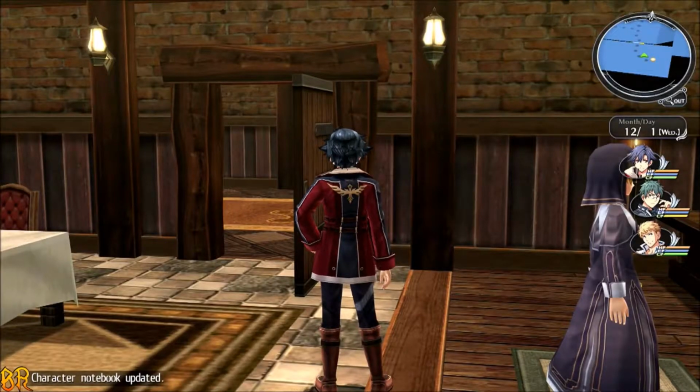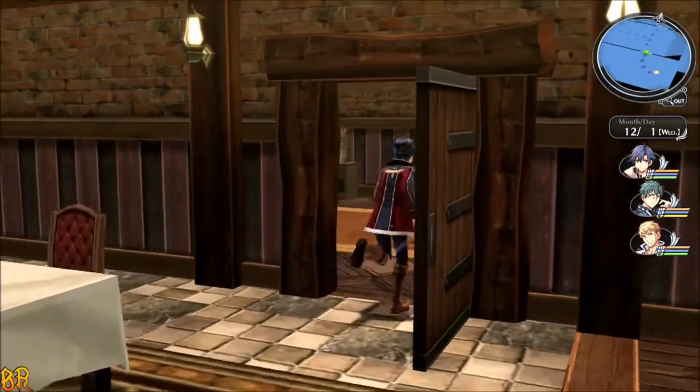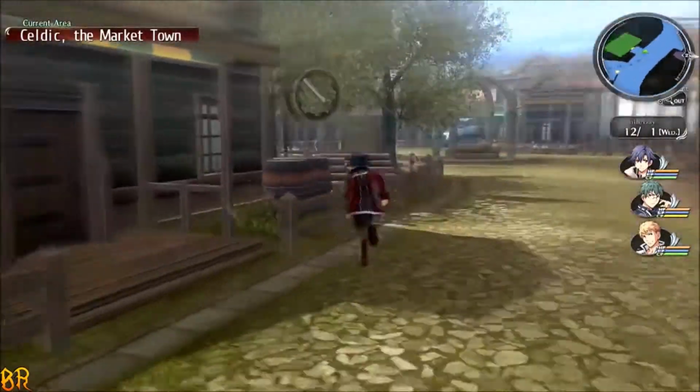And we also get an update to her character notebook. And now, let's go with the quests. So the first one that I'm going to do is the non-mandatory one, because if I remember correctly, as soon as you finish the mandatory one, the story progresses automatically, and I don't want that, so always try to do the non-mandatory one first. In order to do that, we need to head to the East Celtic Highway in Area 2. So, actually, before that...